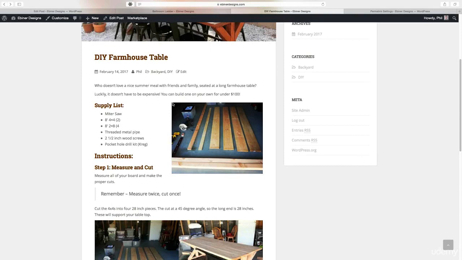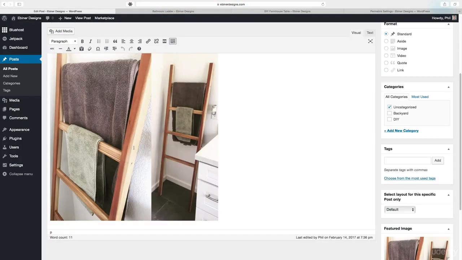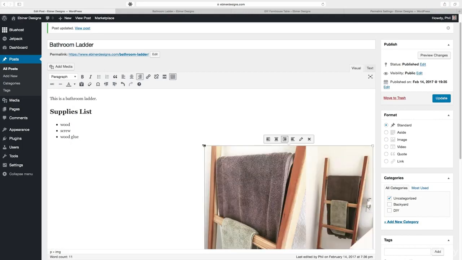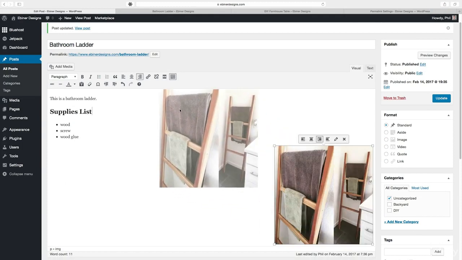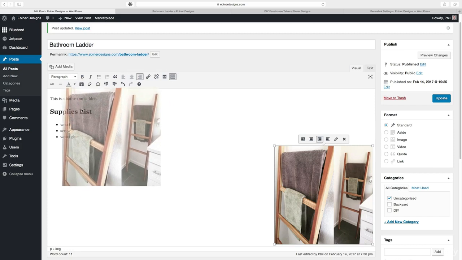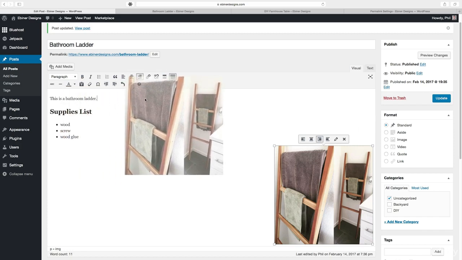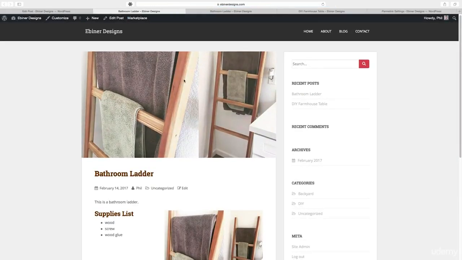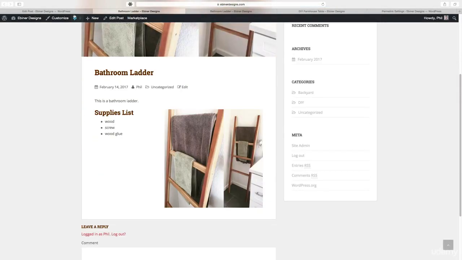And if people want to click the bathroom ladder or the read more page, it goes to this blog article. If we want our image to be on the right side like this, we can just go back to our image, select it, and then say right align. Let's make it a little bit smaller, something like this. And then let's click and drag. As I click and drag, I can see where the cursor appears on the left-hand side, and we'll just put it right next to the supplies list. So if we preview changes, you can see now that it's on the right side of the supplies list.